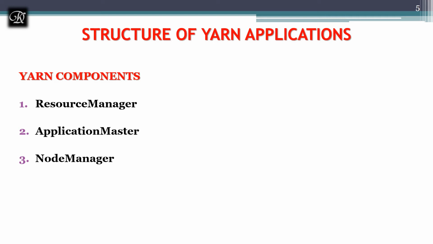And they are keeping track of resources and they are responsible for running the jobs. And the node manager contains two things, that is containers and the application master. The application master is inside the node manager. The next one is the resource manager. In the resource manager we have the scheduler and the application manager, where each application master is managed by the application manager. So let's discuss in detail each component: the resource manager, the application master and the node manager.